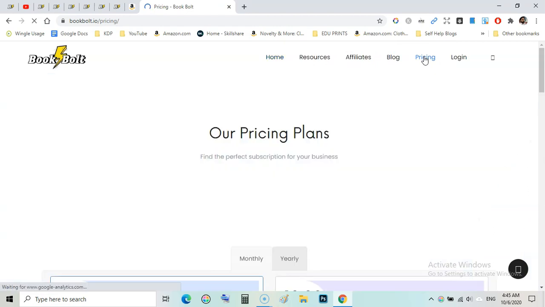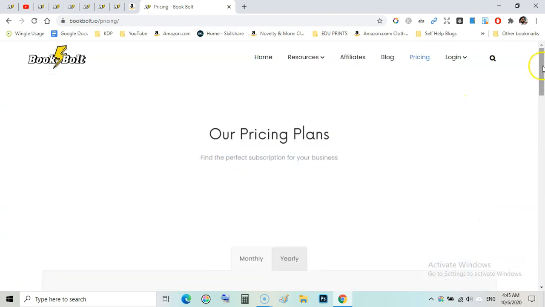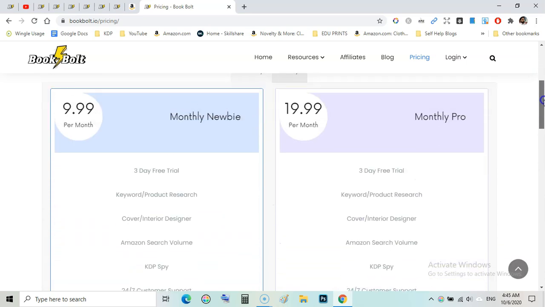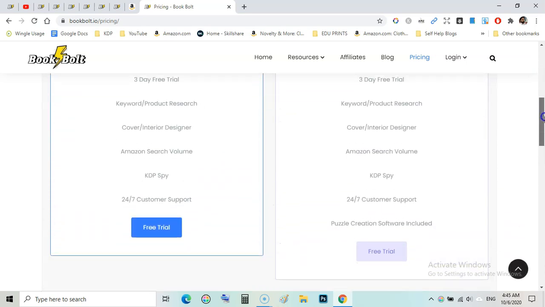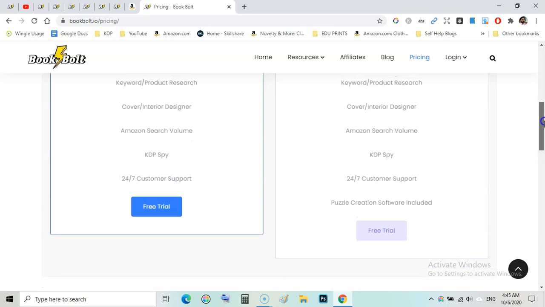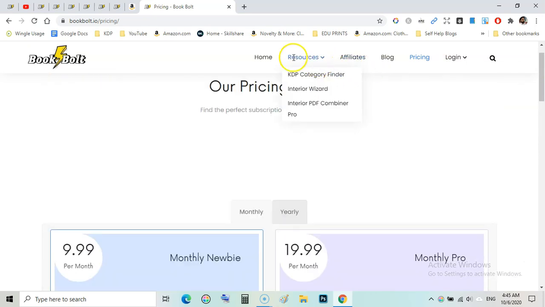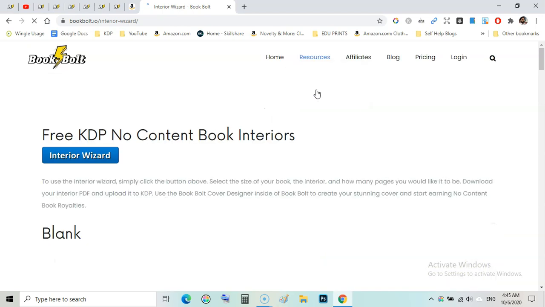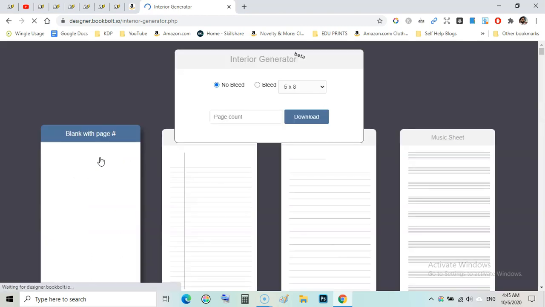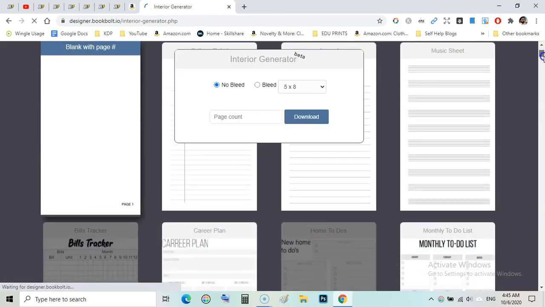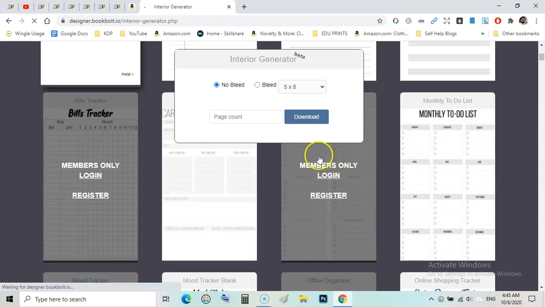Another cool thing about subscribing to their monthly plan is you will have access to their pro templates. Let me show you. It shows you the interior wizard, and if you are a free member you can download a limited number of templates, but if you are a pro member with a monthly subscription, then you will have access to these members-only interiors as well.